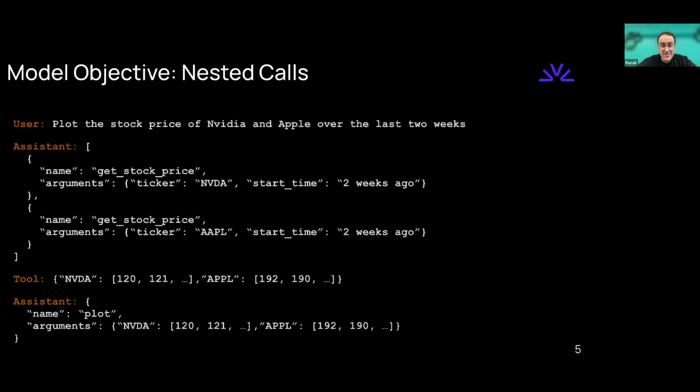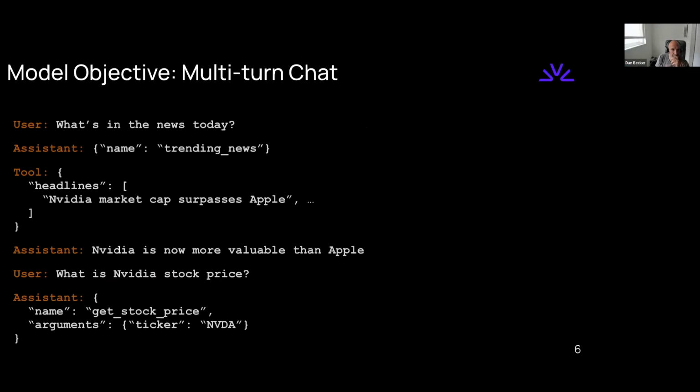So in this case, we have the user issuing an instruction, and then we have the model generating function calls. And typically those function calls are interpreted on the client side by invoking them and feeding the results back into the model, and the model may decide to follow up on that, as in this case, calling another function, feeding the results from the initial function calls into this second function call. Yep. Okay, and finally, probably one of the more complicated use cases is the one